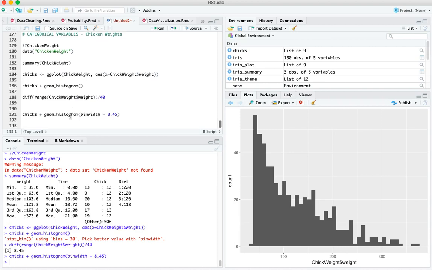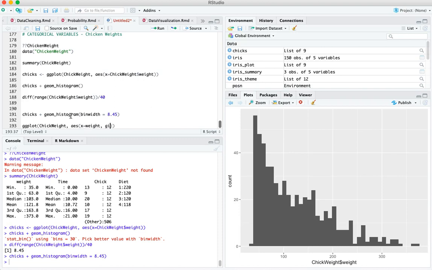We actually can't use our chicks base plot anymore, because we want our fill to be another variable. So we're going to call ggplot, and we're going to pass it chick weight, and then our aesthetic is going to be x equals weight,